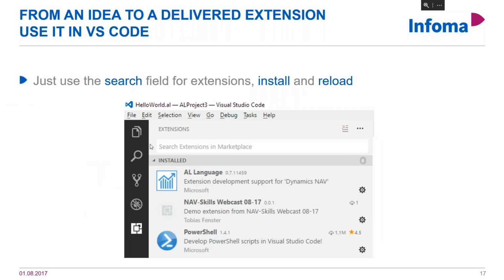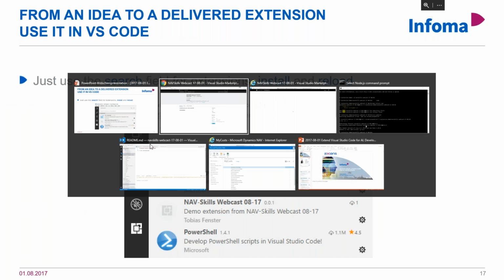Okay. With that, we've published it. Now we're going to use it directly in Visual Studio Code. Visual Studio Code brings its own search field for the marketplace, so we can just easily search in there, and then we need to install and reload, as I'll show you.